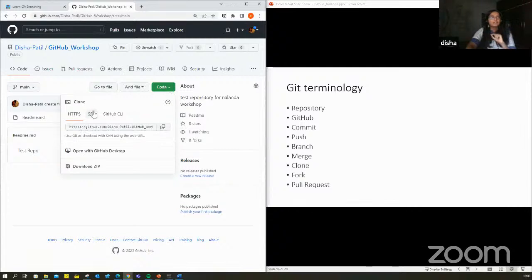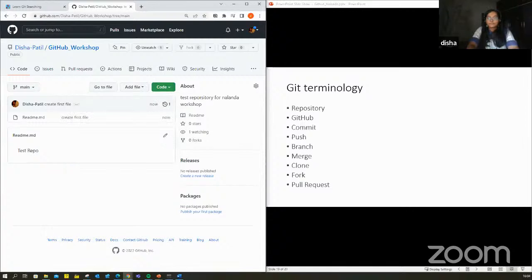There are options like copying the SSH link, or if you have GitHub command line installed, you can do that. The easiest way is to stick to one way. You don't have to learn 1, 2, 3 always. Stick to one way, and the easiest one is HTTPS, that I'll tell you. Or if you have GitHub Desktop installed as well, you can directly open it over there. But the easiest and most common way is to copy the HTTPS link of the repository that you just made, which is this link.